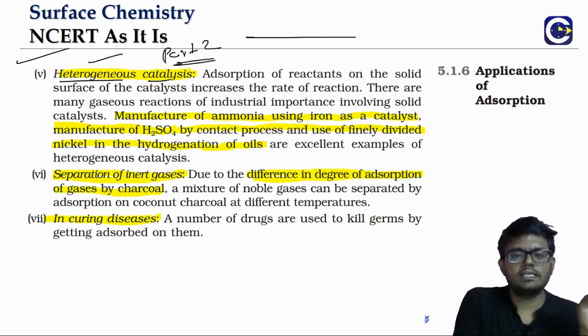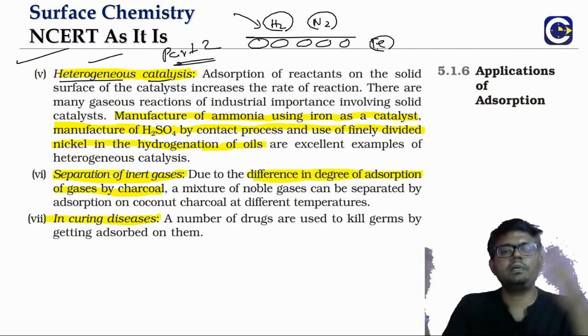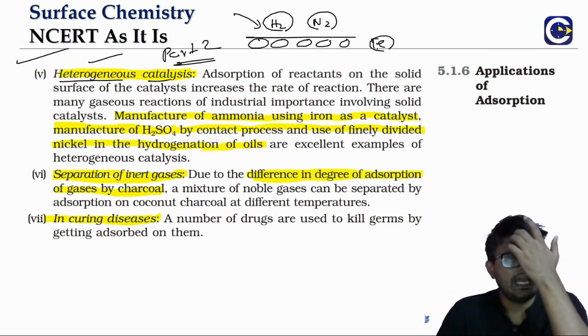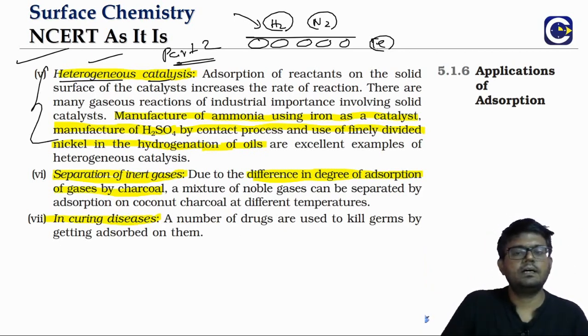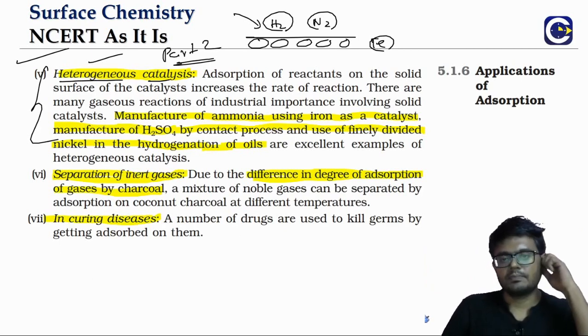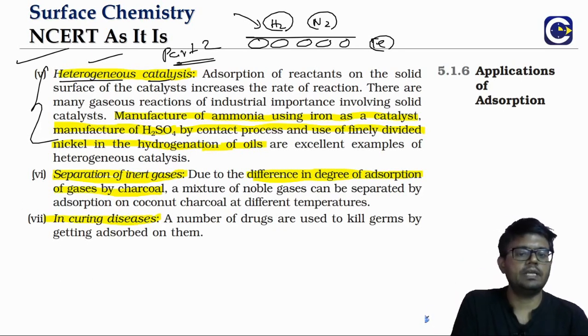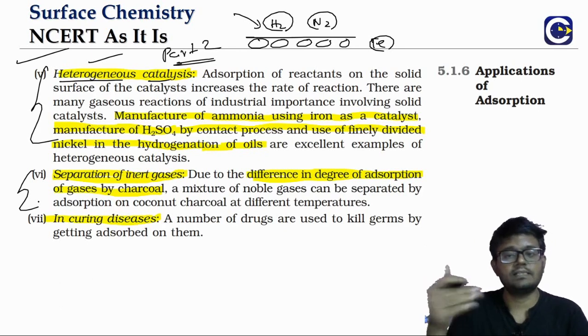So the heterogeneous catalysis, right, it basically works on the idea that the reactant gases, whether it is hydrogen and nitrogen, they will come and they will settle on the surface of the solid iron, and thereby the reaction will happen faster. So we will study in equilibrium that catalyst, right, will speed up the reaction. Even in chemical kinetics chapter also we talked about it. Okay, so we will study again in detail about the heterogeneous catalysis in our part 2. We will see a lot of other examples also.